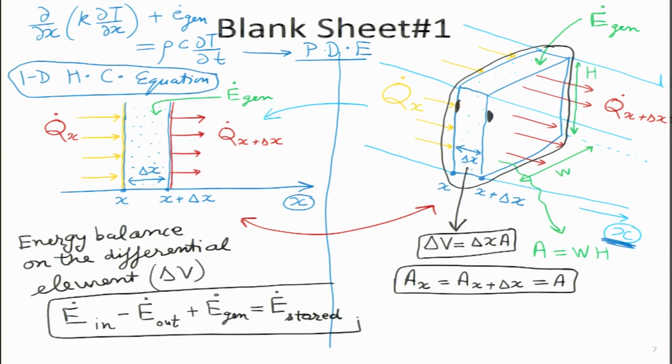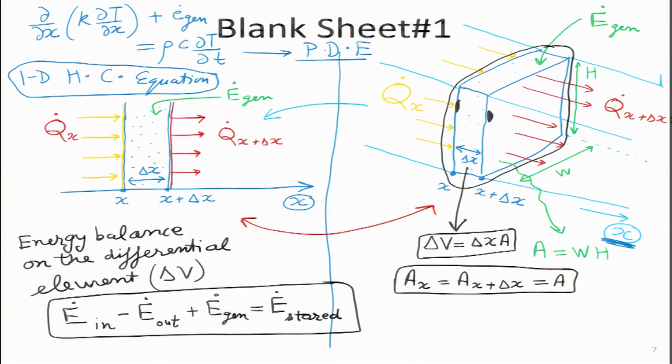As you can probably guess, in that case where energy storage is not taking place, only 3 terms would be sufficient. Whatever is coming in, let us say if this room that I am standing in is my differential element, then whatever energy is coming in minus whatever is going out plus the generation term, that whole thing has to be conserved. If not, then the temperature of the room will actually rise.